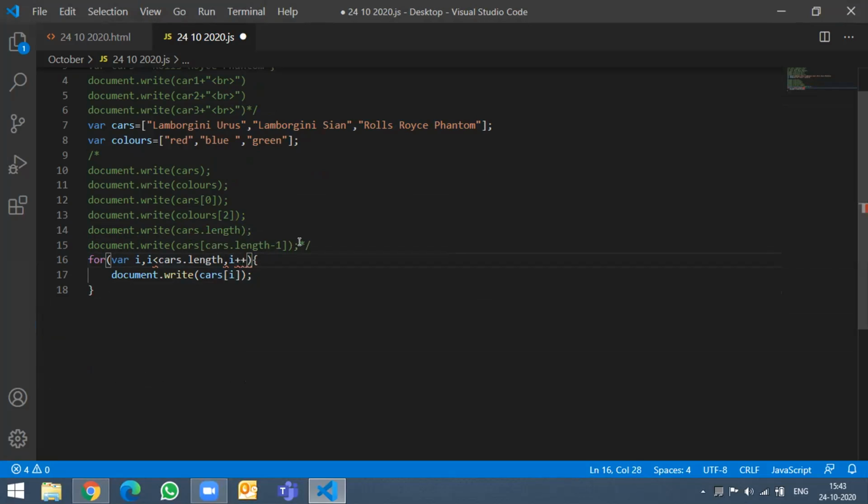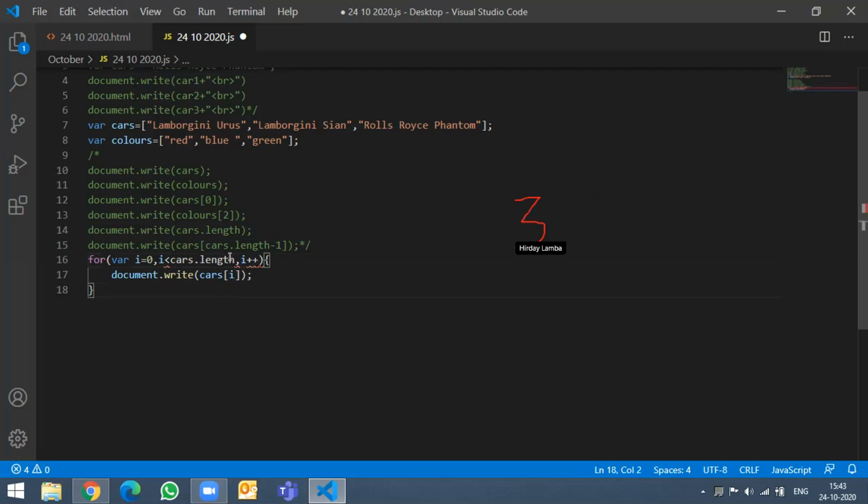Whenever we have a for loop, we are saying there's a variable i, but we have not assigned any value to that variable. So we say for var i equals 0. Then till the time i is less than cars length, which is 3.